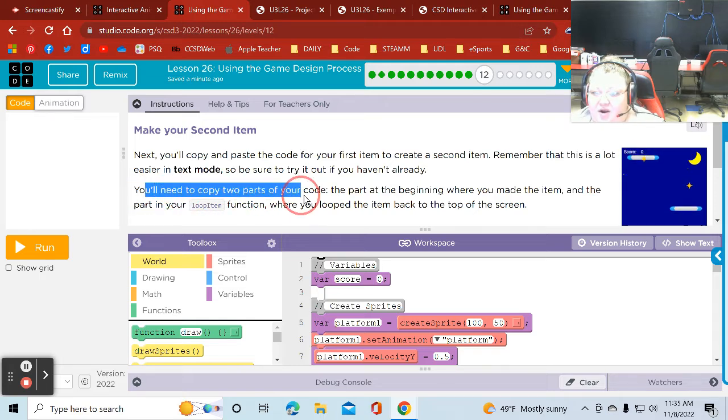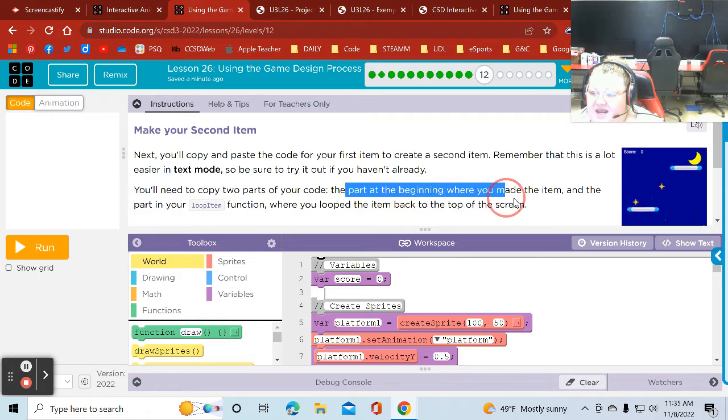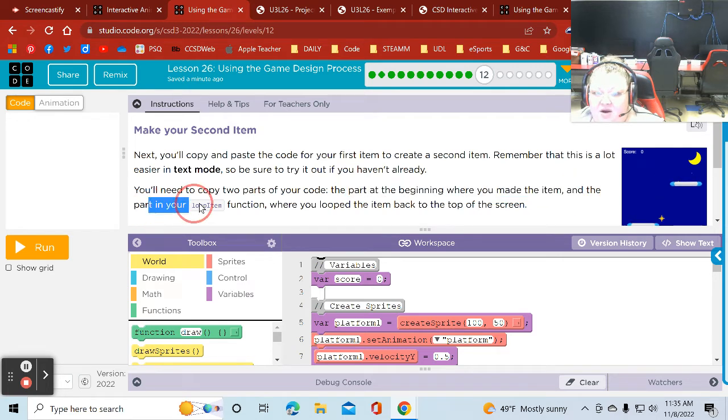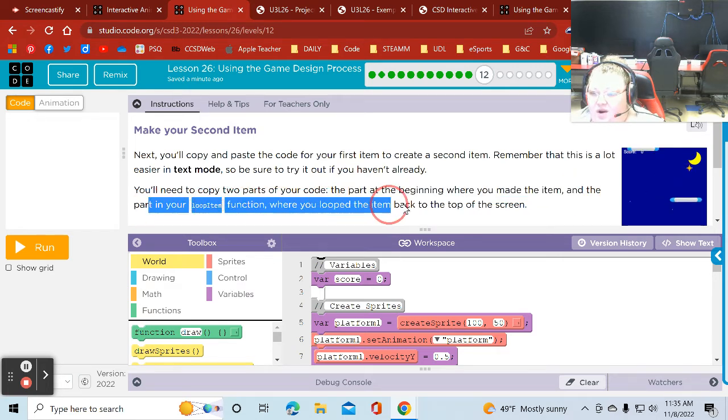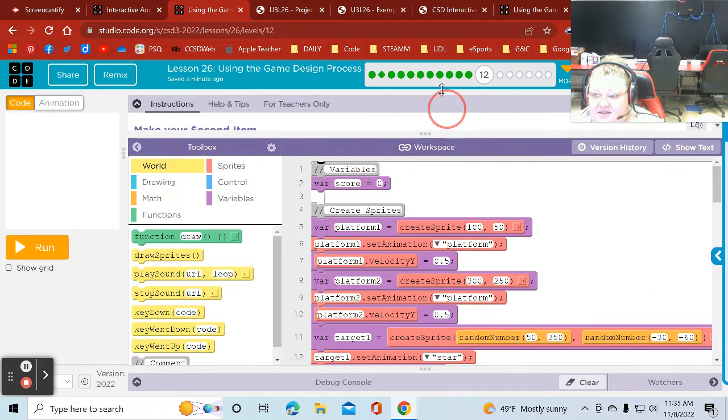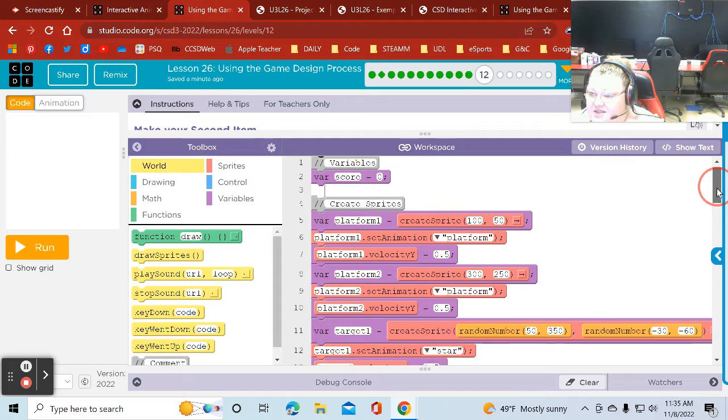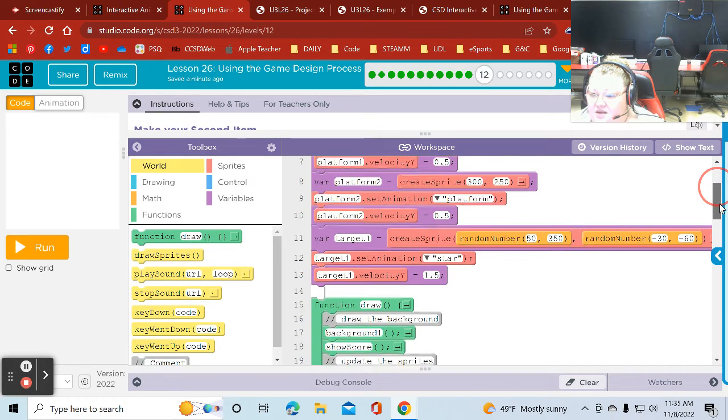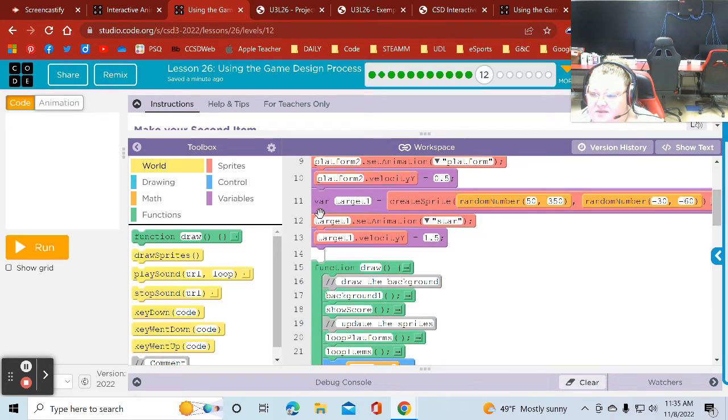You'll need to copy two parts of your code: the part at the beginning where you made the item, and the part in the item loop function, where you loop the item back to the top of the screen. So let's take a look. Let's do that. So right here is my var target, lines 11, 12, and 13. I'm going to copy those three pieces of code. Remember, click out here, drag, wait till they turn that bluish purple color, Command C for copy,